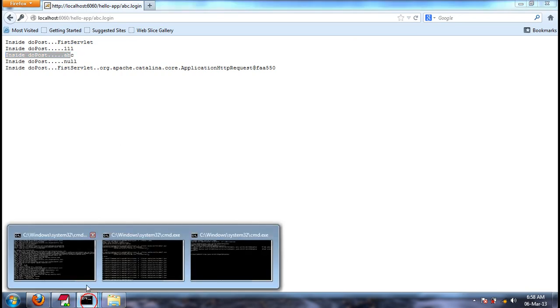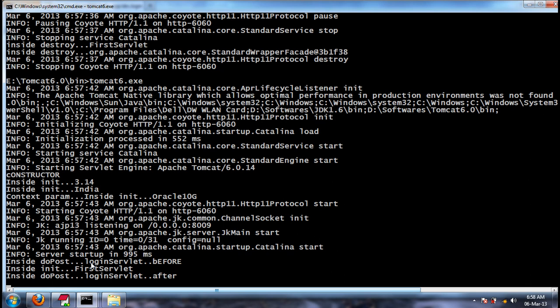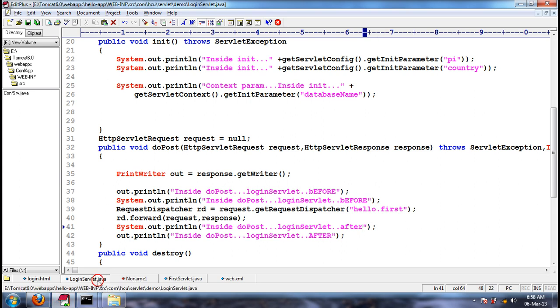Now if you see here, is it going to login servlet? Is it coming back to login servlet? Is it going to first servlet? Yes. But is login servlet response visible in the browser? No. Why it happens means, whenever request dispatcher is used to forward a request from one